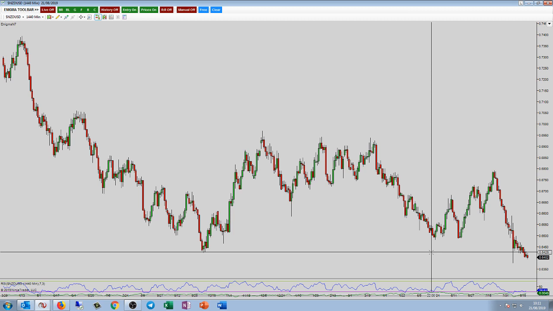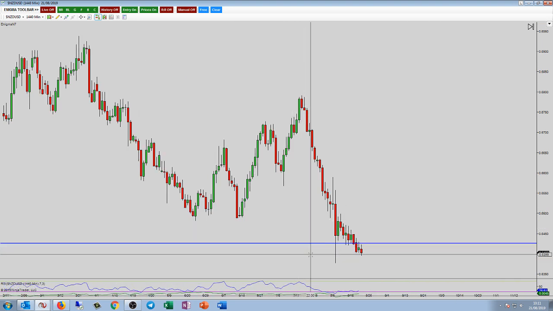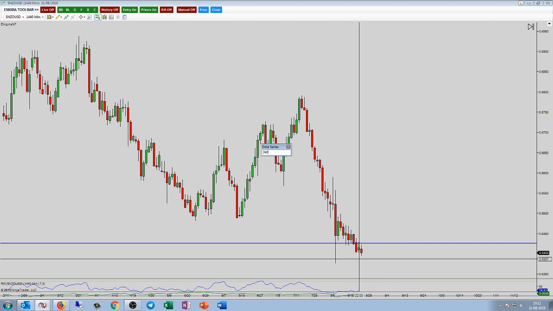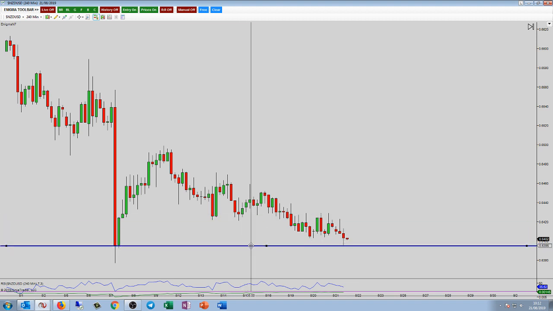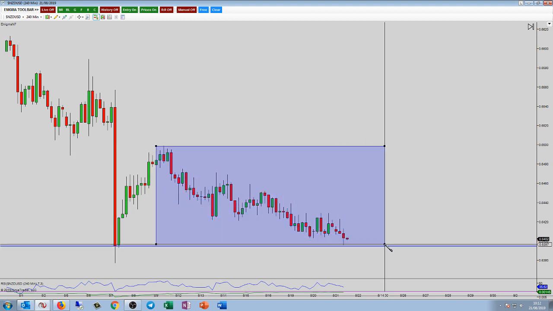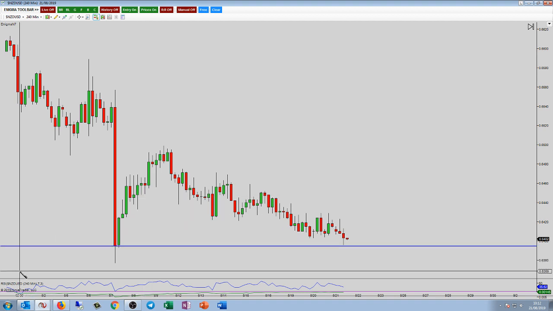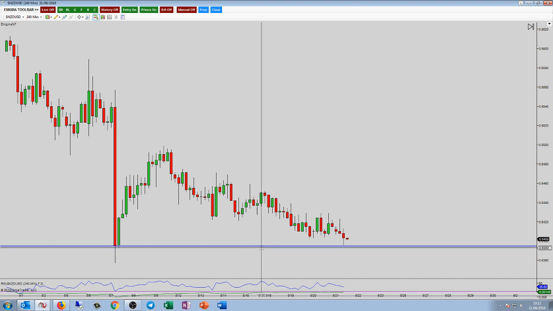So the review on the dailies is structure level here at this lower level, and because of this big wick down here, we technically don't have a confirmed break below, close below, and so really we're just dribbling sideways. It's all we've done for a couple of weeks now, just dribble. I still am expecting, in fact we've almost done it, I was expecting the lows of the 240 to be tested, and we've now done that.